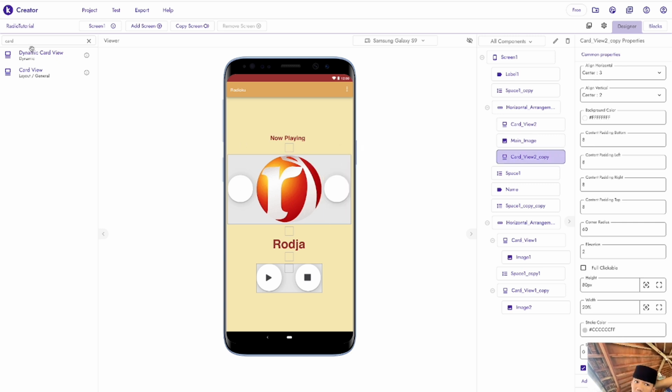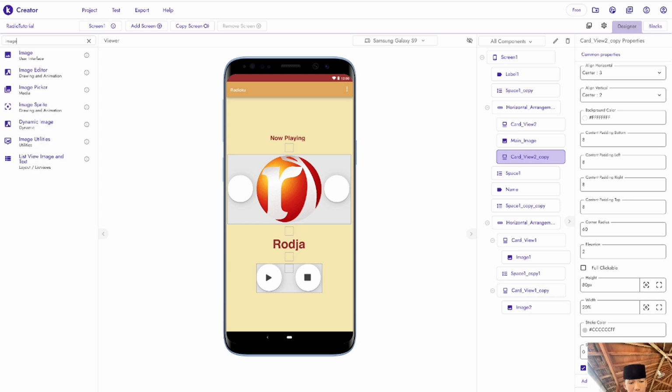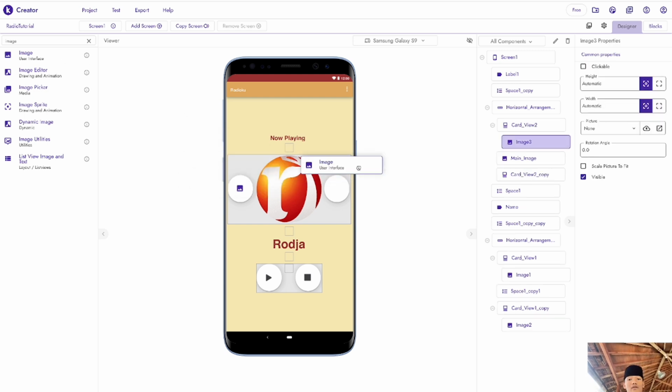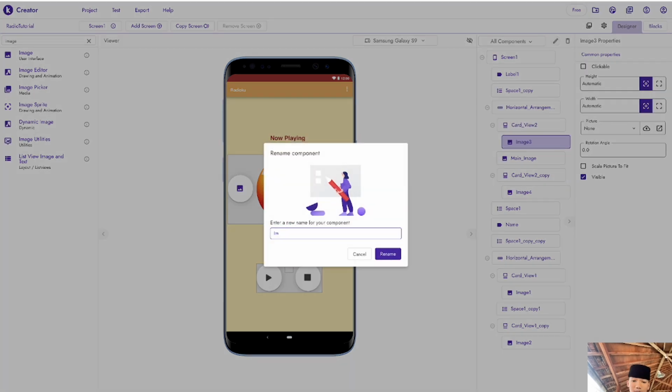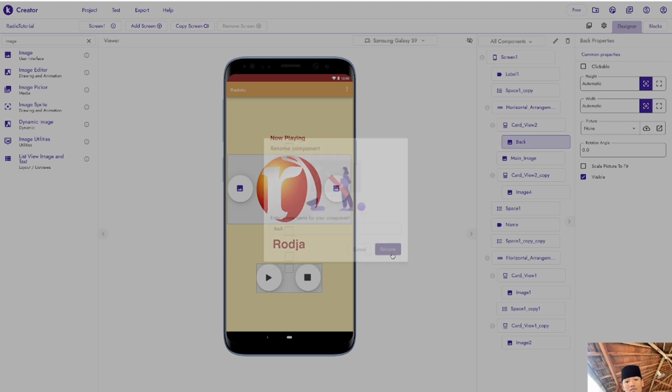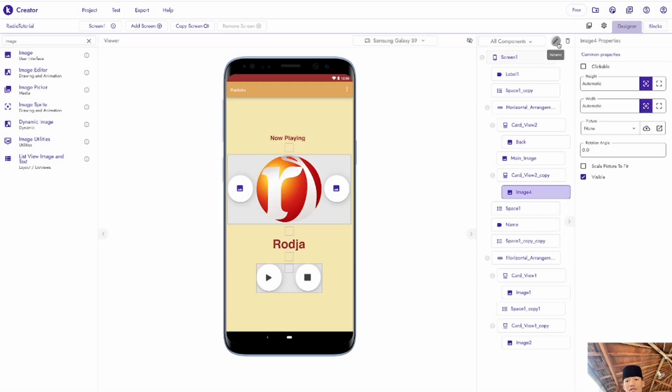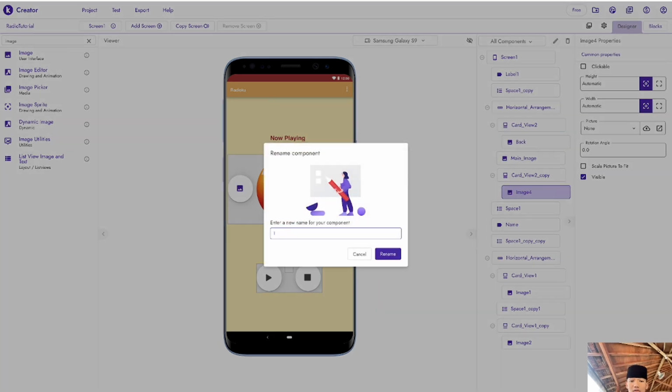After that, we're going to look for image again here. Press this again, image. Pick that image and drag it over here. And the other one too. Change the name of image 1 to back.